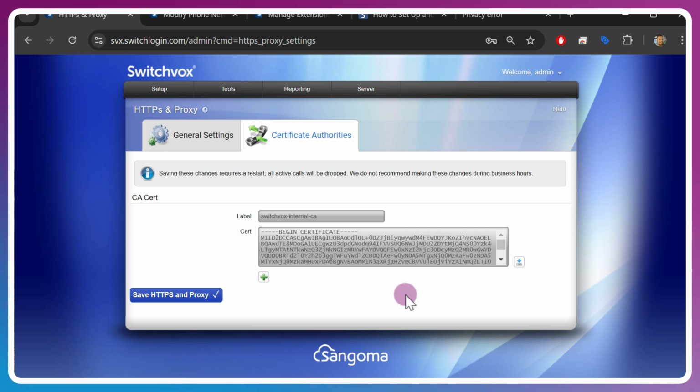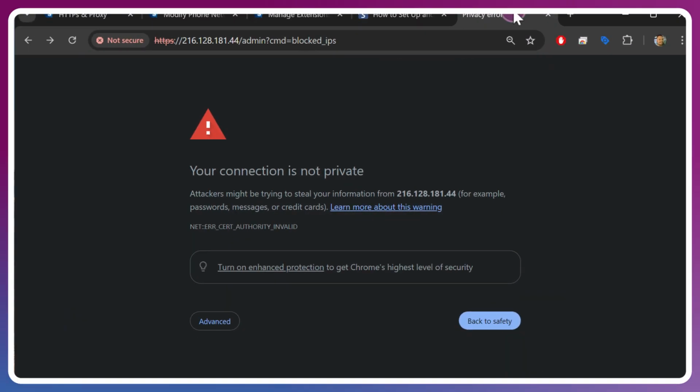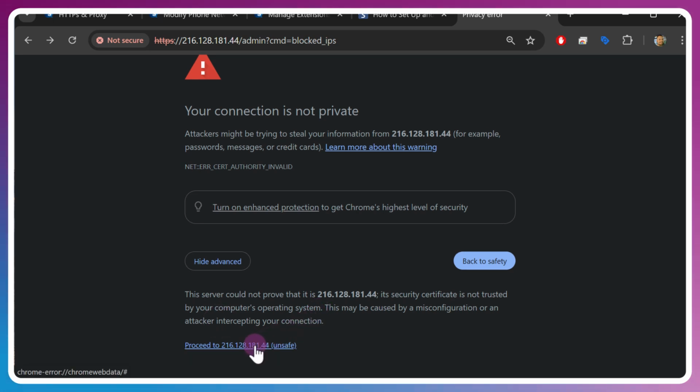The first one that may be more obvious is when you try to sign into the web interface, whether it's an admin or a user, you would be expected to see this browser error explaining the connection is not private or secure due to the invalid certificate. That's because up here I'm still using the IP address and not a valid FQDN or certificate for that matter. If I click advanced, I would have to go ahead and say proceed to the login.